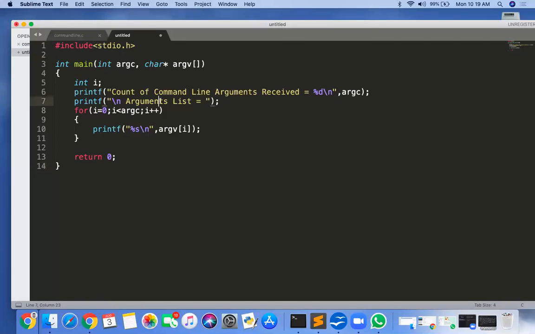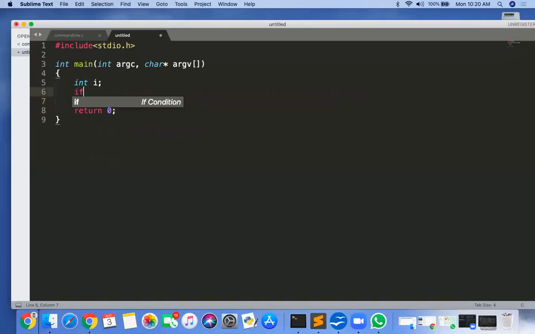I want a program which receives exactly two arguments, which means the command line argument count should be 3. I want to give two inputs. What is the count? The first one is by default your program name, and I want to give two more. So the count should be 3. So I'm designing a program in which the command line argument count should be equal to 3, and if it is not equal to 3, I don't want to execute it.